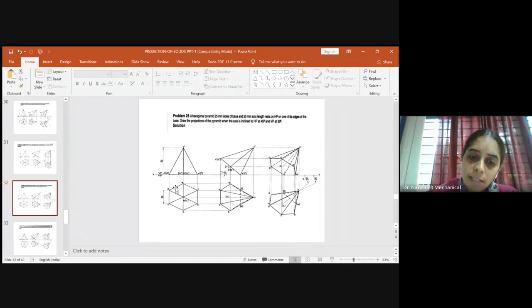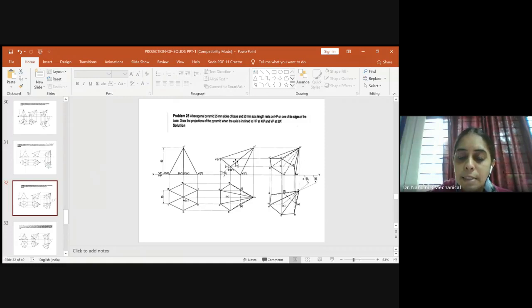So you will construct the true shape of the top view and the front view as I explained in the first stage. After that, you will construct the second stage similarly as I explained, by taking 45 degrees to HP and then dropping down to get the second stage top view. So this will remain exactly the same as in our last problem. Now, only in the last stage, after you complete the first and second stage, it is told that the axis is inclined to VP at 30 degrees.